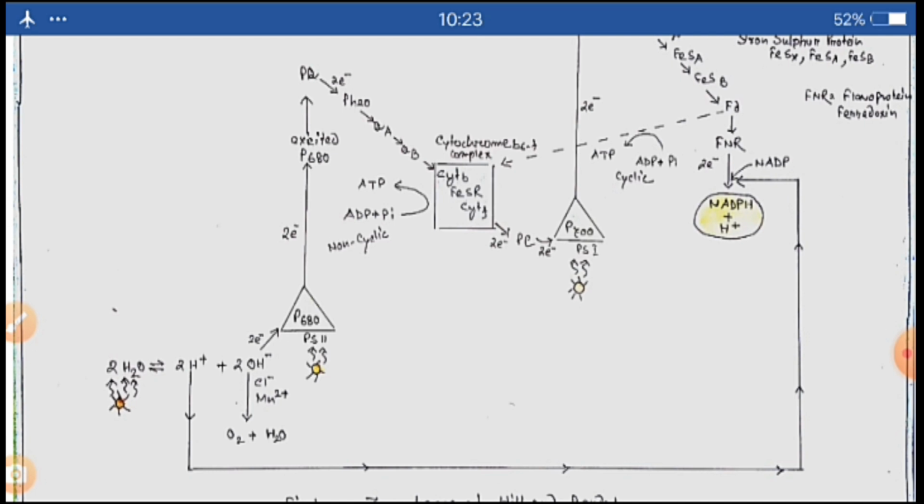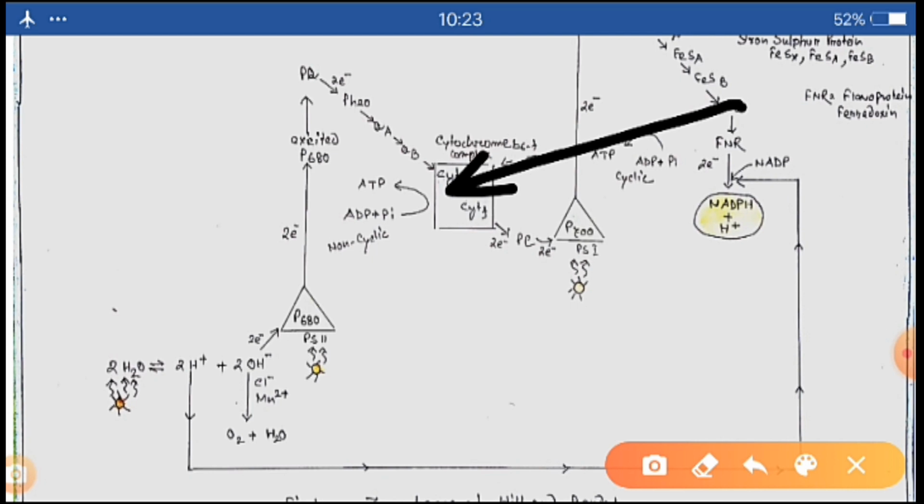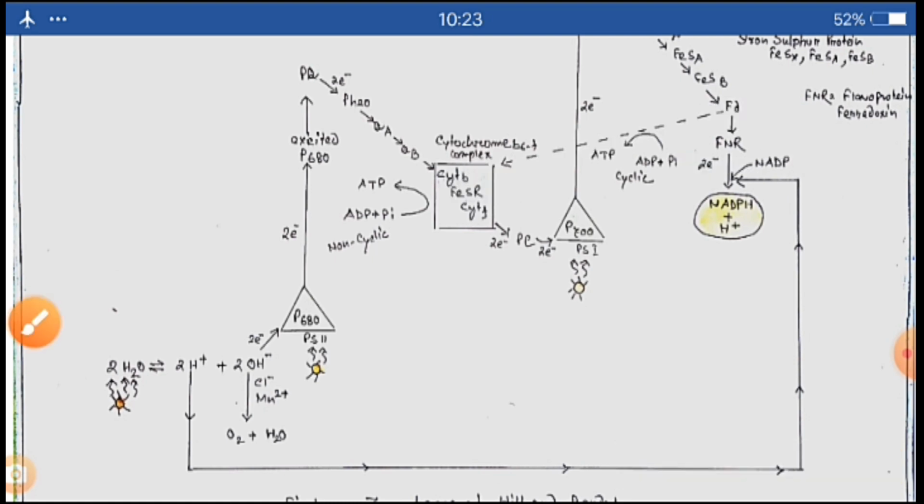Here no NADPH plus H plus ion is synthesized. That is, electrons are transferred from FD to cytochrome complex directly, not to the FNR. And moreover, here in this condition H positive ion is not available, as the photolysis of water is not performed. Clear? Okay. So it is called cyclic